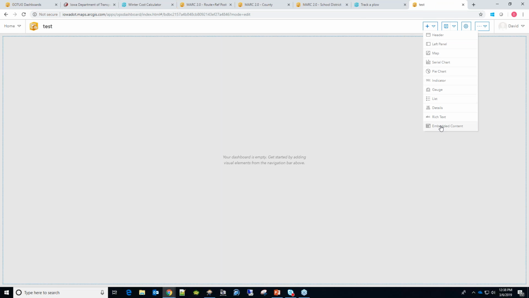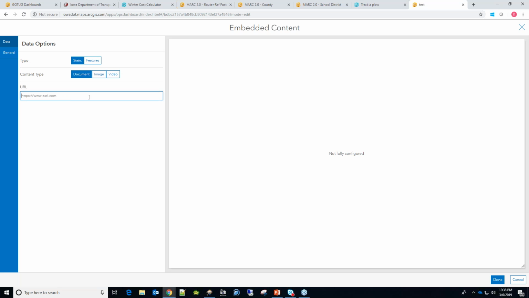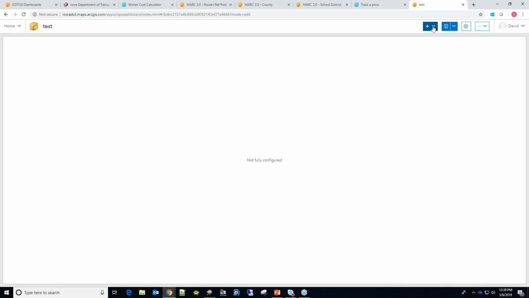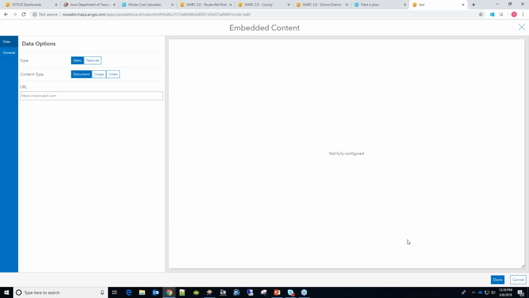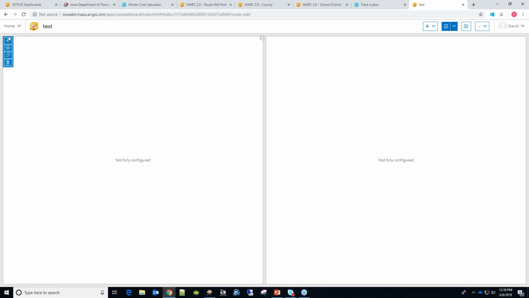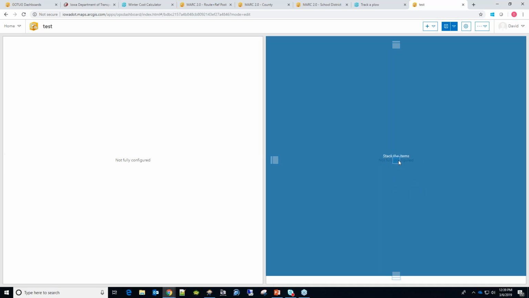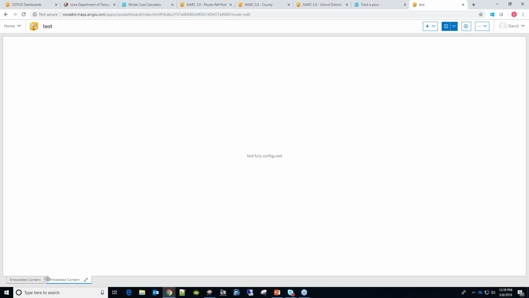You add embedded content, put your URLs there, and then you can stack them on top of each other. There's one, there's another one, and then I just click and drag it on top, and you have labels at the bottom that you can rename, tab 1 and tab 2.